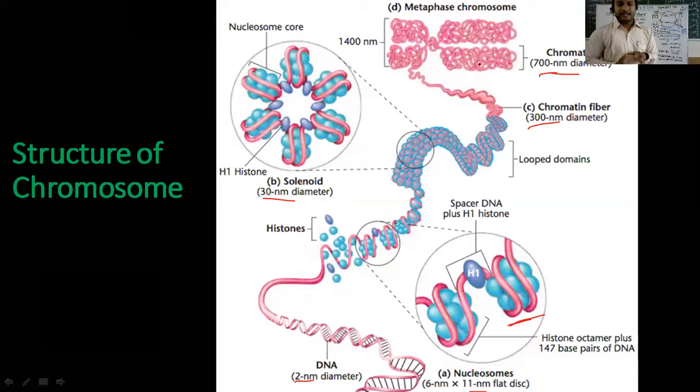So, a 1400 nanometer structure. So you have a clear idea of how the DNA is made up of nitrogen bases or nucleotides, and how the nucleotides are associated with the chromosome or chromatid. Many students have doubts because they think the DNA is different and the gene is present somewhere else, and they don't have a clear idea of how the chromatid, chromosome and the DNA are associated. Now this diagram should clear that doubt. I hope you are clear, students. Yes, sir. Okay, fine.